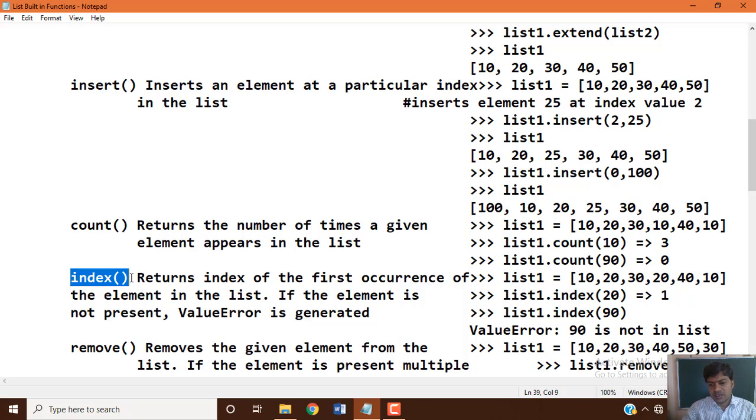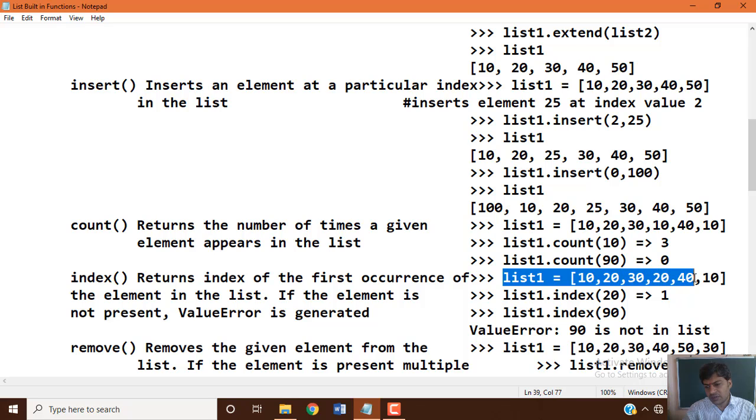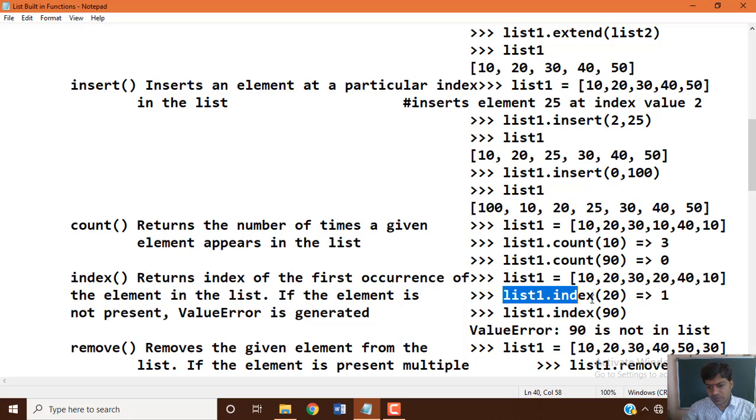Let's take an example of how index works. List1 equal to 10, 20, 30, 20, 40, 10, which is the list variable we created. Now we check list1.index(20). For the index built-in function we pass a data item as an argument, and we want to get back the index number assigned to that data item or value inside the memory.